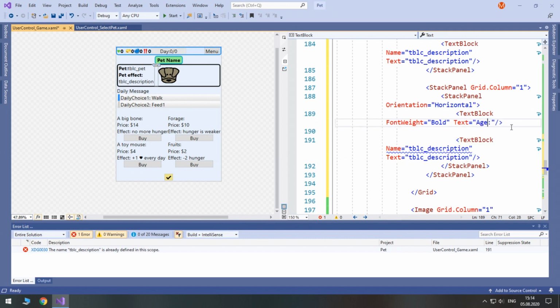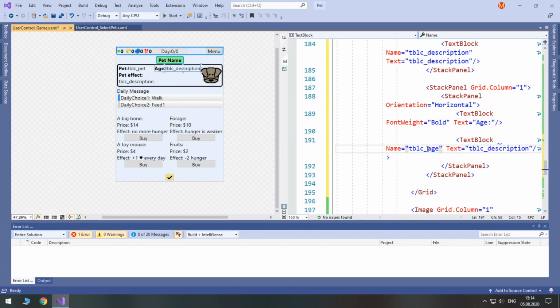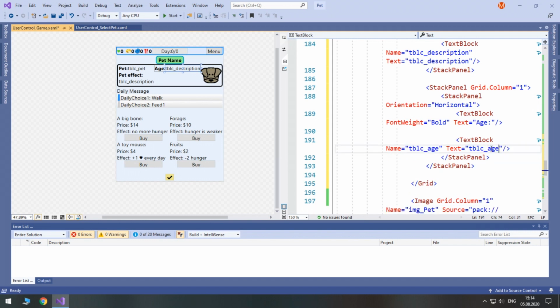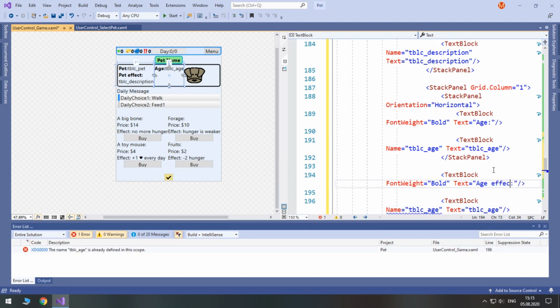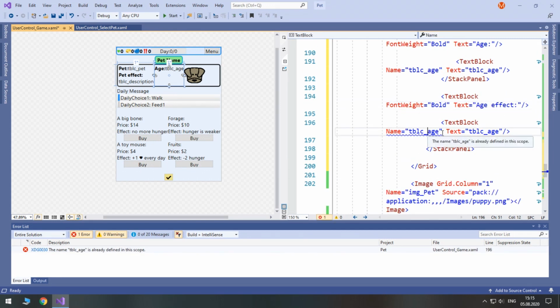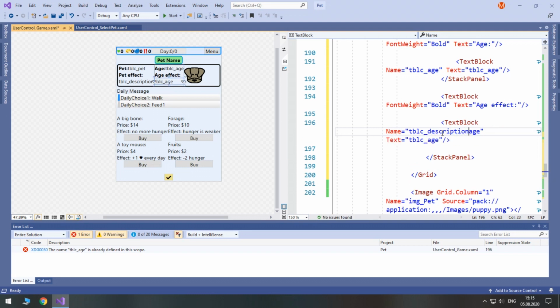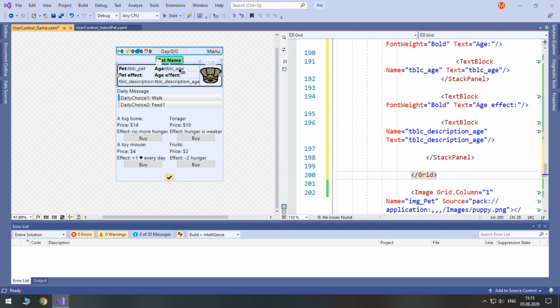Age, text block age. And again below we will put 2 text blocks for age effect. Age effect. So text block, description, age. We are done with the first column.